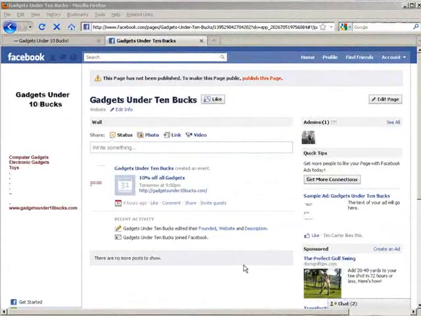In this video, we're going to create a page to include within our Facebook fan page. Now, to do that, we need to create a page outside of Facebook. So it needs to be on our own domain. Now, there are a couple ways to do this. You can either create a web page yourself and upload it to your server, or you can create a blog